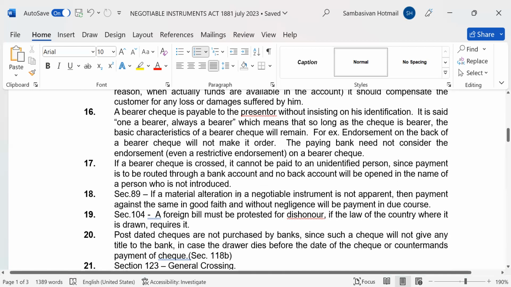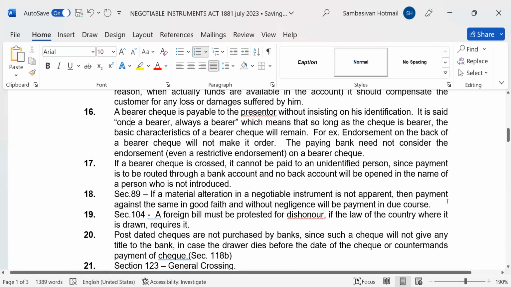Doesn't matter. Next, Tanya, number 16. Tanya: A bearer check is payable to the presenter without insisting on his identification. It is said, once a bearer, always a bearer, which means